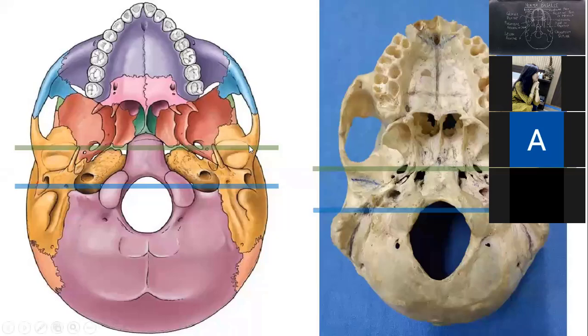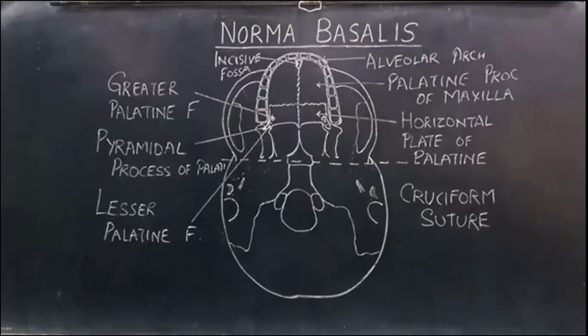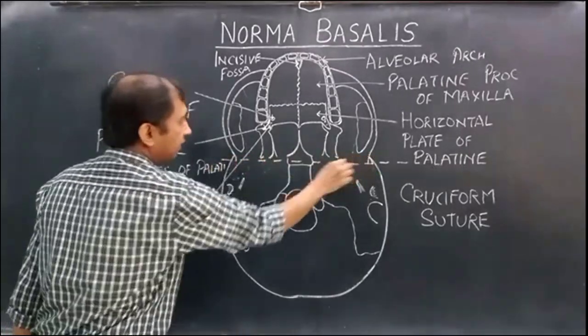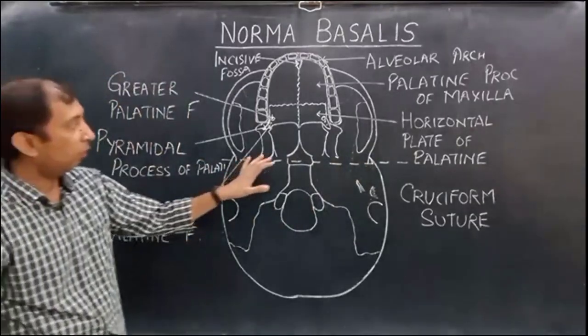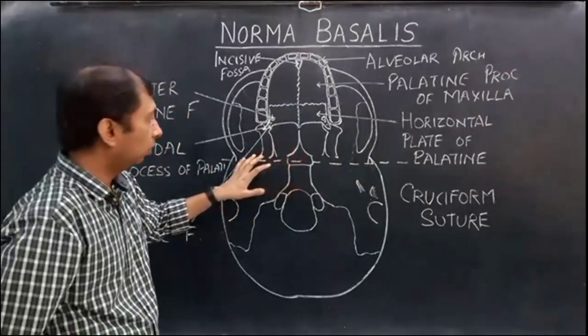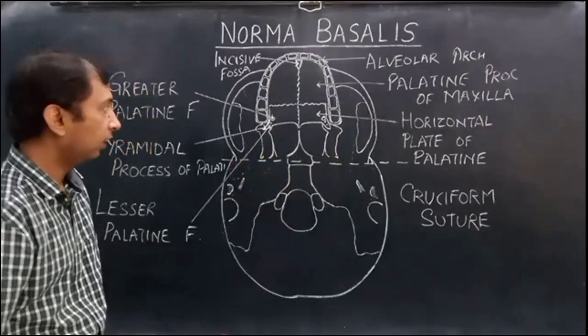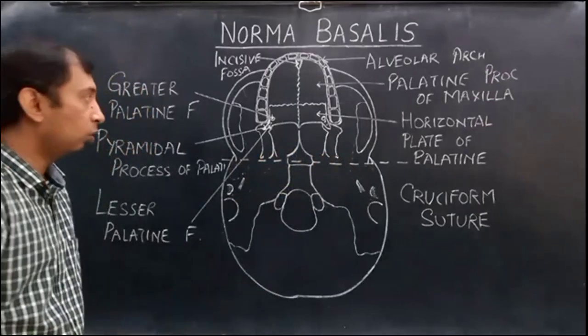So you can see the anterior imaginary line is passing just anterior to this depression, which is known as the mandibular fossa, where the head of the mandible articulates. Okay. And this anterior imaginary line is passing through certain structures. So what are these structures? So I'll just show you on the board once again. So the anterior imaginary line is passing like this, right? Before we identify the structures through which this anterior imaginary line is passing, in the picture that you just saw,